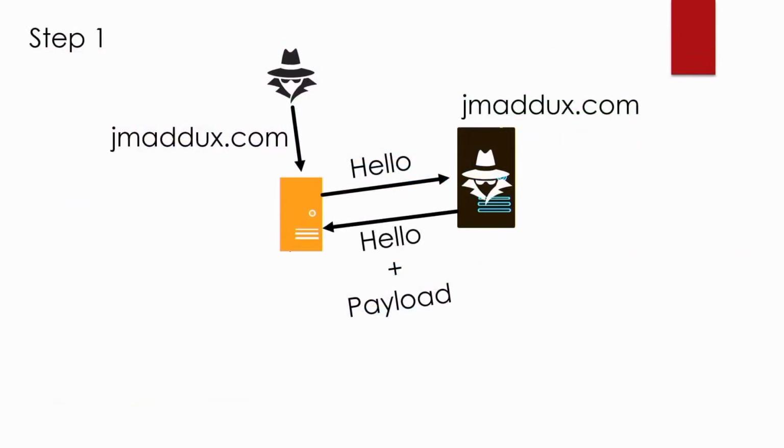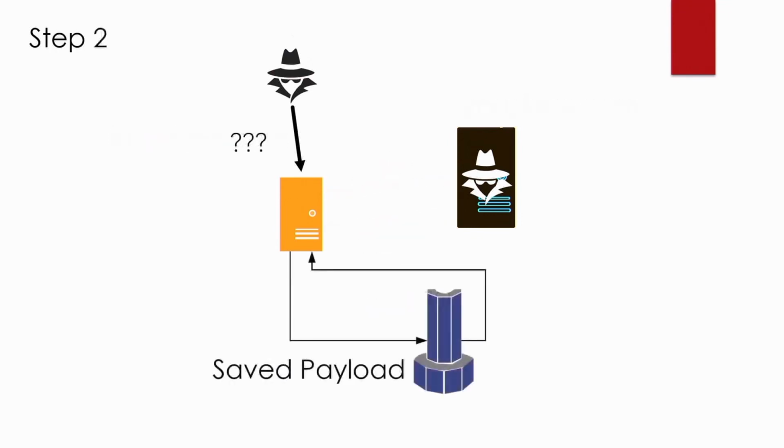But there's a different way that we as an attacker can get payloads into client hello messages. It involves a couple of steps and is the main focus of this talk. First, we send over a link to our own server, in this case jmadx.com. Then jmadx.com responds with a valid server hello that contains our payload. Now, it would be ideal if we as an attacker could get that payload that jmadx.com sent the victim and get the victim to send it somewhere internal.